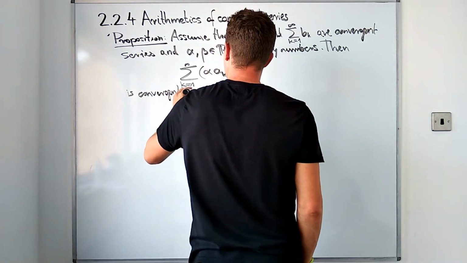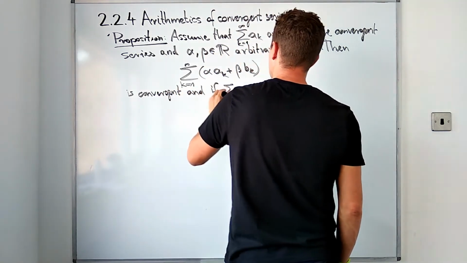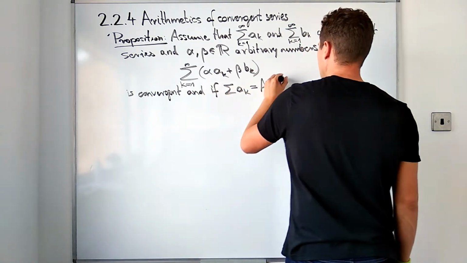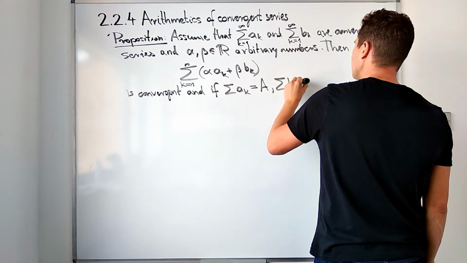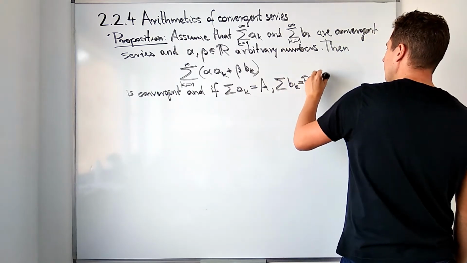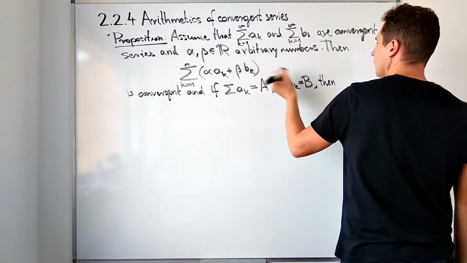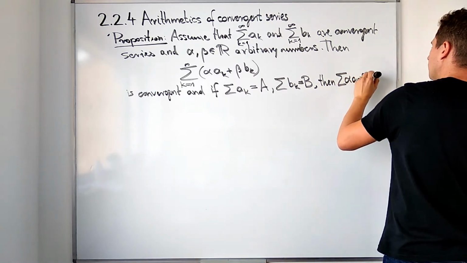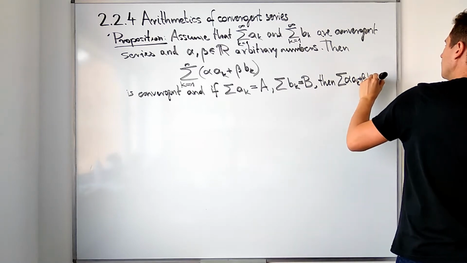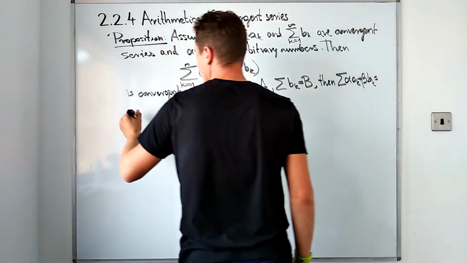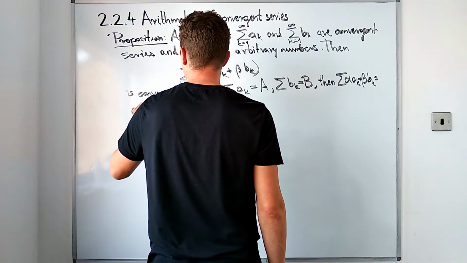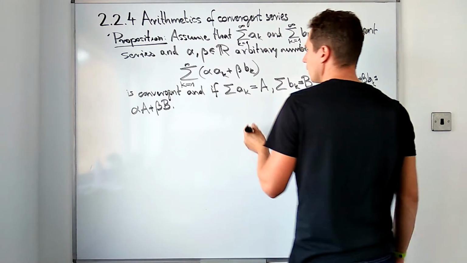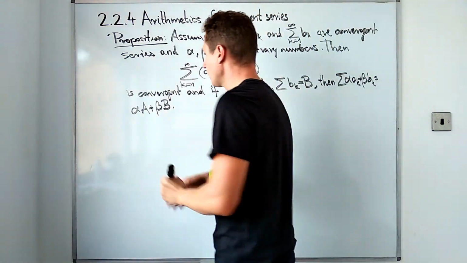And if the sum of ak is denoted by capital A and the sum of bk is denoted by capital B, then this sum of alpha times ak plus beta times bk is going to be equal to alpha times A plus beta times B. Okay, so there's nothing surprising here, and it all can be proved